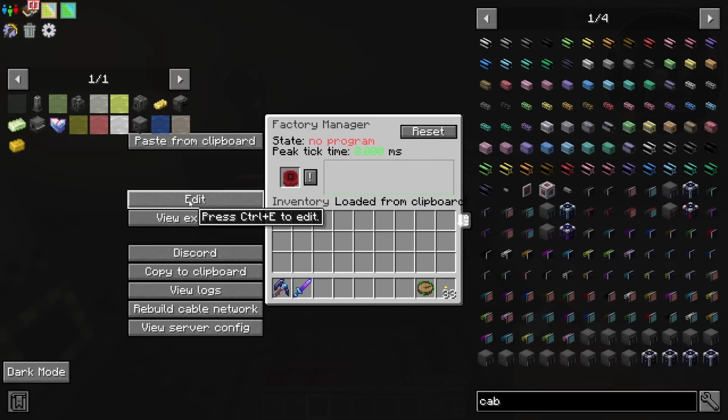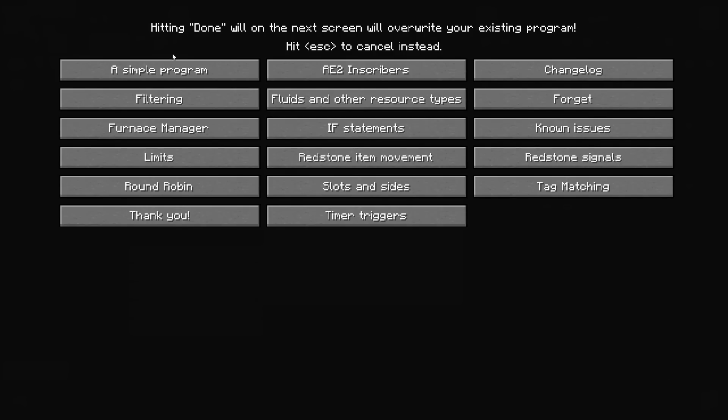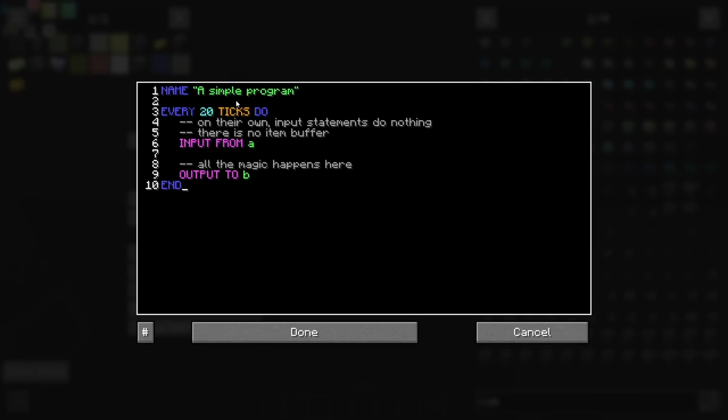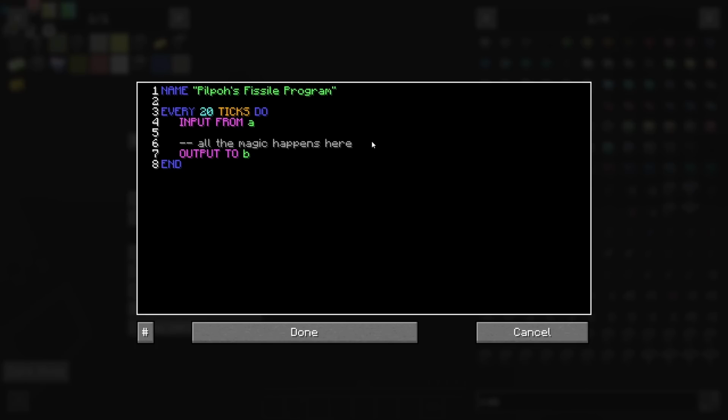So I'll do what I normally do, which is we go to the examples, and I do a simple program. And we basically nick the simple program. And we change this one to Pilpoh's Fissile program, with a capital P on program, because it makes sense. Right, there we go. And then what we want to do is we want to input from the interface and output to